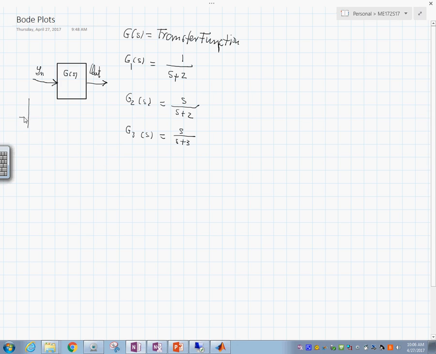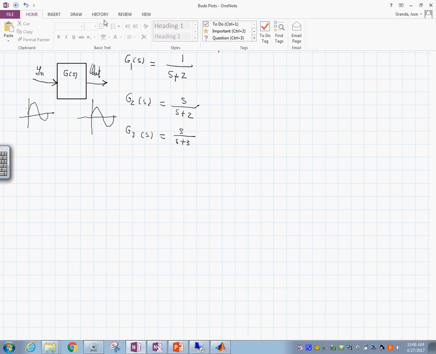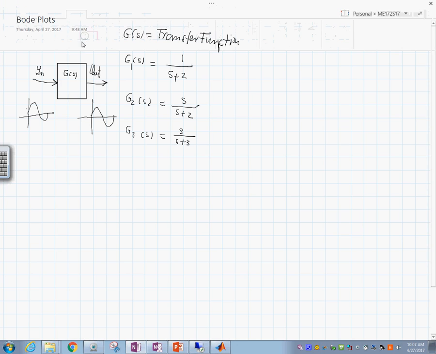Let's say we put the signal input like this. We want to see that the output should be the same signal, but chances are that the output is not going to be the same in the same way, that the output may be a bit out of phase, something like that. And what we are after is we are going to plot